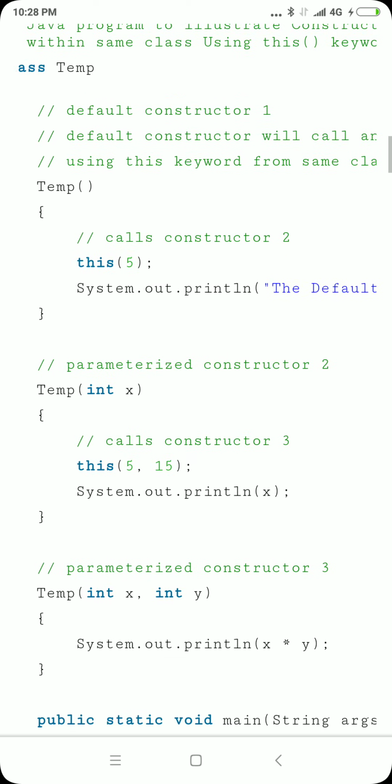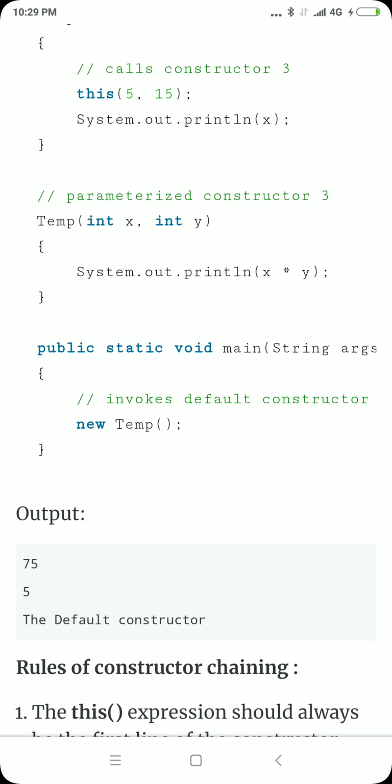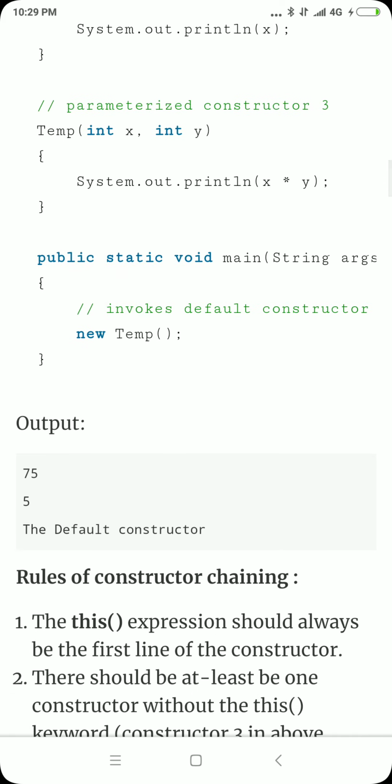Now in the parameterized constructor with int x, this(1) means calling constructor 3. In the parameterized constructor with one argument, I have taken two values, meaning I am calling the third one. This way we are going through. So the output will first print x into y, then 5, and then the default constructor, like this.